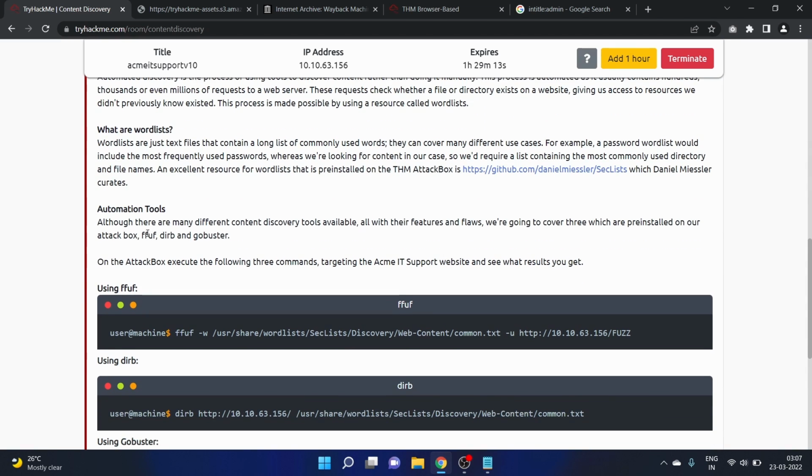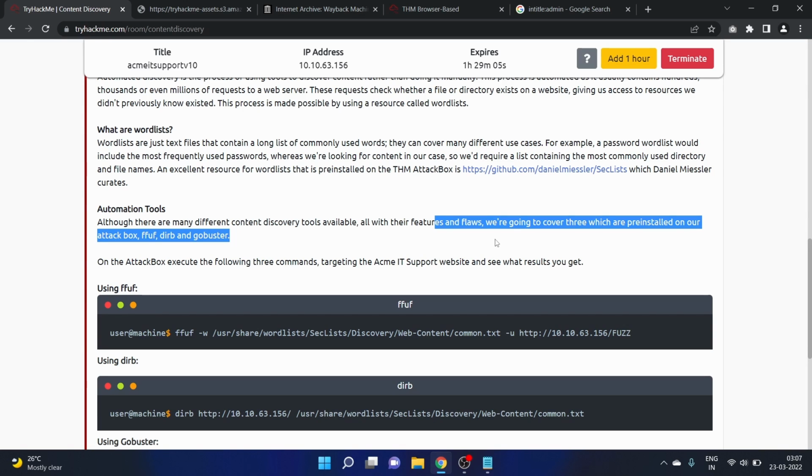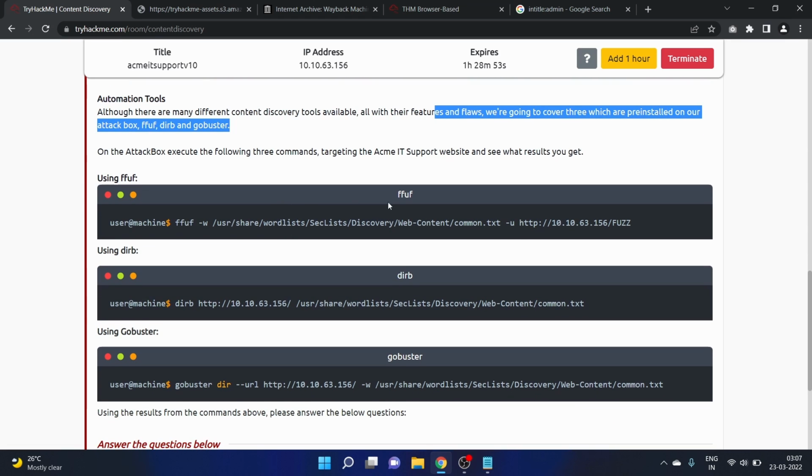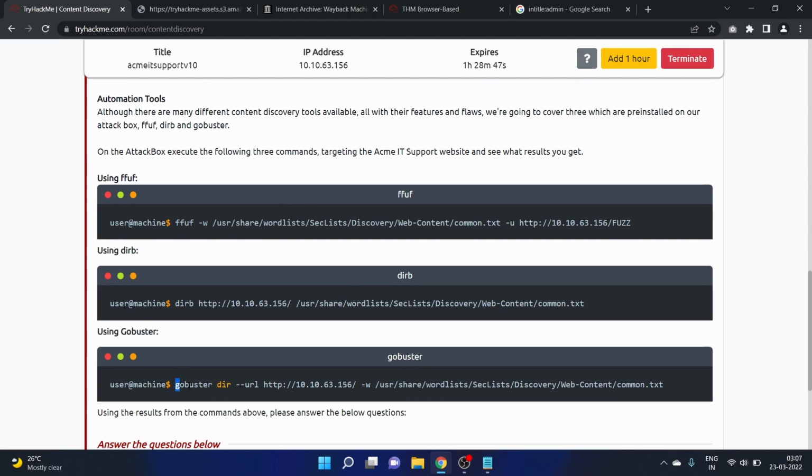Automation tools. Although there are many different content discovery tools available, all with their features and flaws, we are going to cover three which are pre-installed on our attack box, that is ffuf, dirb, that is Dirbuster, and Gobuster. On the attack box, execute the following three commands targeting the Acme IT Support website and see what result you get. So let's try the Gobuster